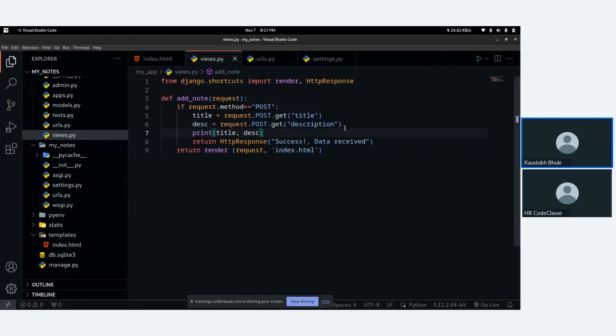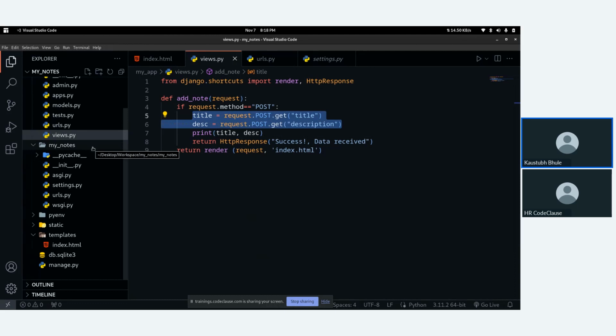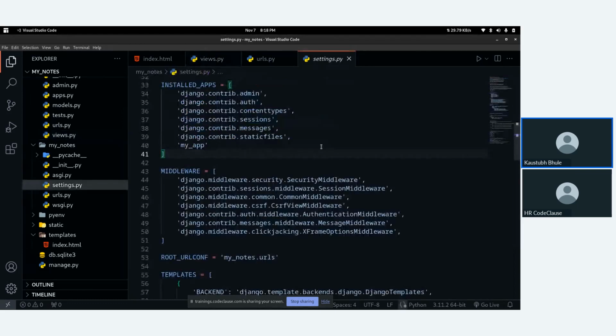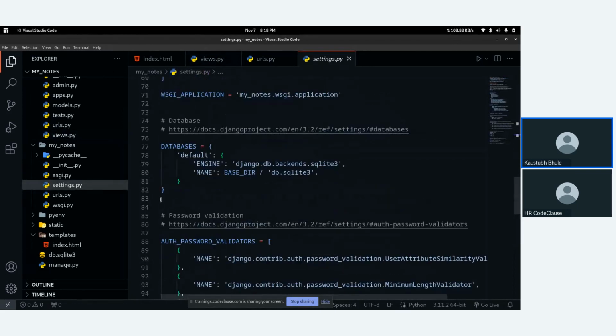Now we currently only got the data, but we didn't save it. Okay. To save data, we need a database. In Django, there is a default database of SQLite 3. If you want to use any other database like MySQL, you can just change the configuration in the databases section. You just need to paste the configuration for MySQL and the same operation will be performed automatically in the MySQL database instead of this SQLite database.